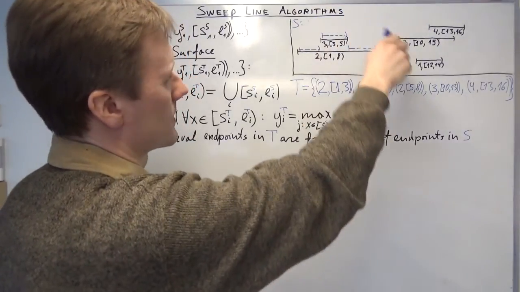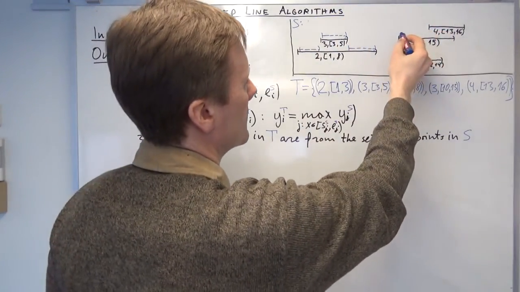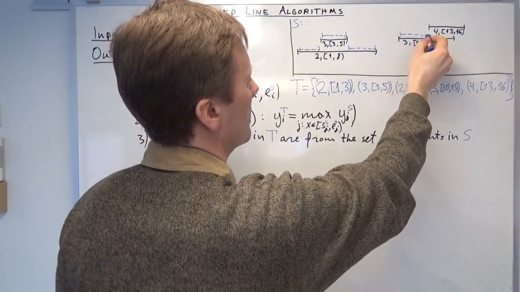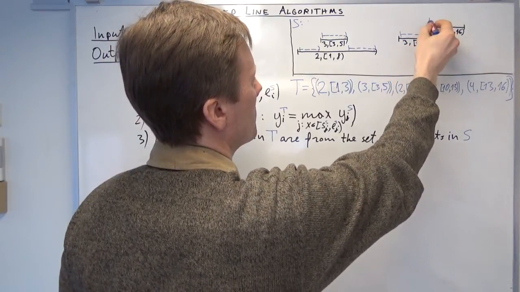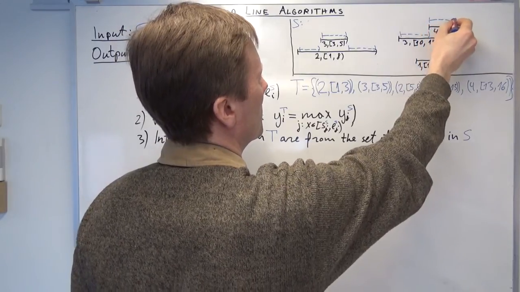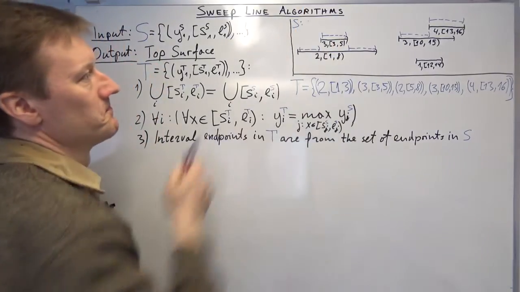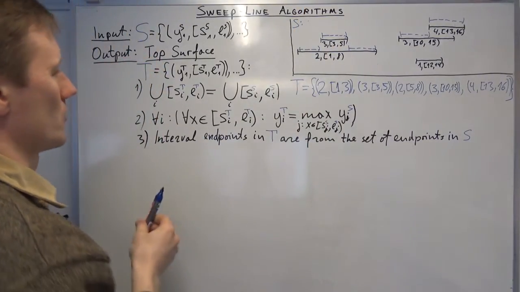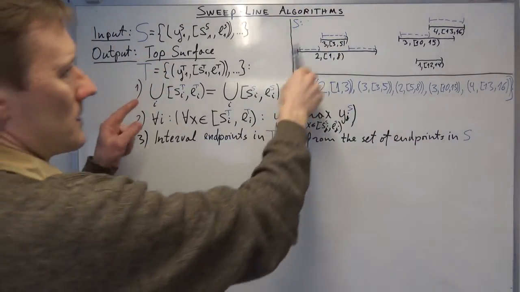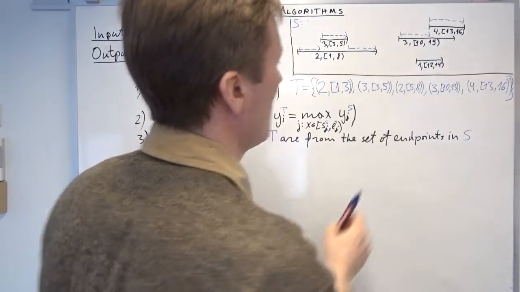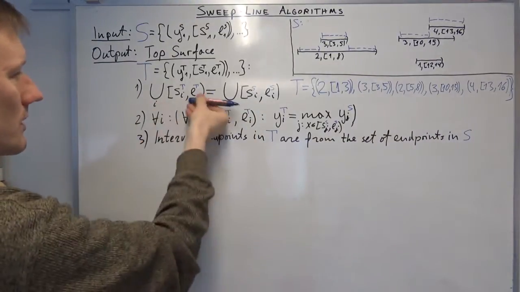So this is the output, the top surface of this set of intervals. So it's quite intuitive what I mean. As you can see, the blue intervals cover exactly the same span on the x-coordinates as the input intervals, condition 1,